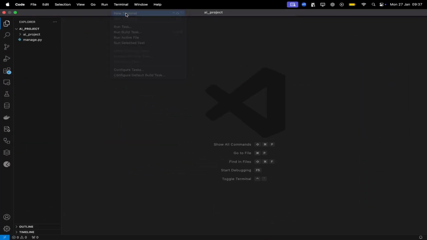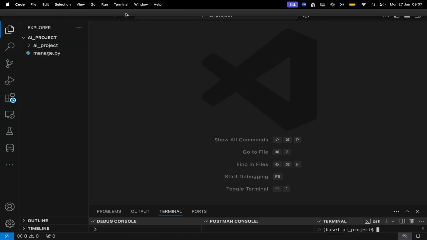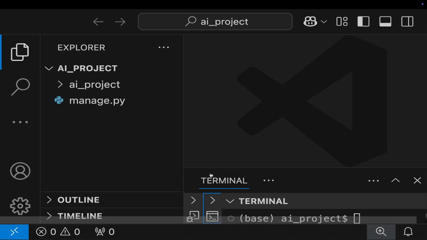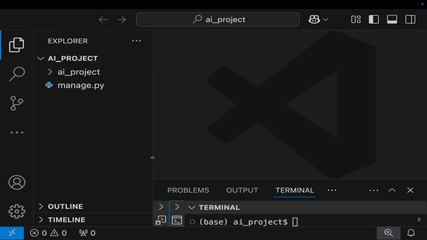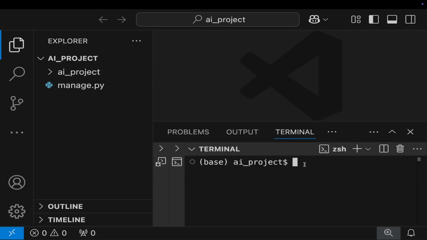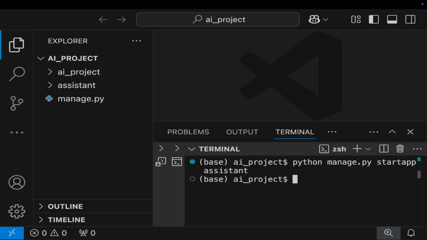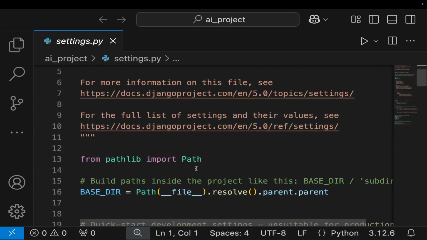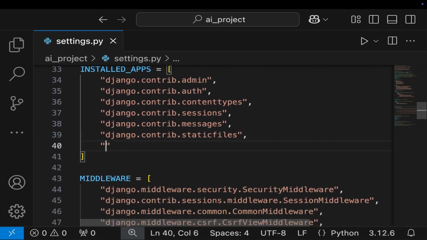And then quickly let me open my terminal. Make this a little bit bigger for you to see. And then we can go into other details. For example, let's now try to create an app. I'm trying to magnify this, but it's getting a bit harder. So I'll say python manage.py startapp assistant. Okay, then we can now go to settings.py and scroll to INSTALLED_APPS and say